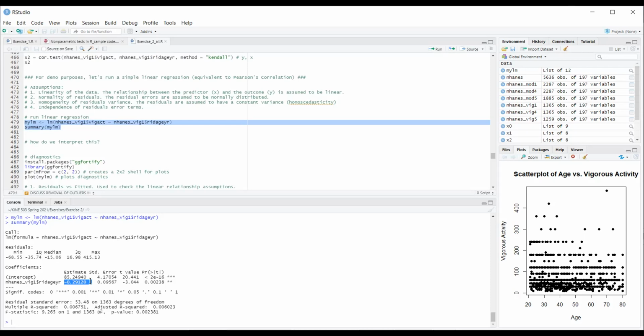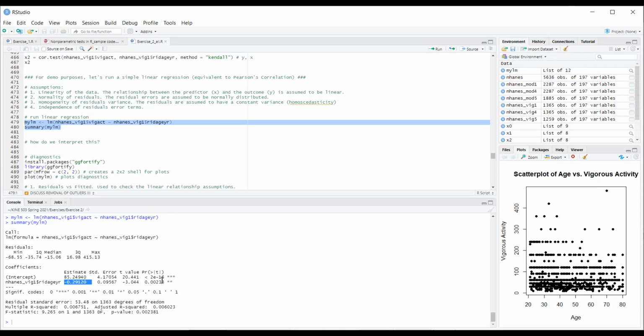Because it's consistent with all of the findings that we found with the 3 different correlation tests that we ran, where the values were all negative, meaning as someone ages, the amount of vigorous activity decreases. The nice thing here is we can quantify it when we run our linear model, where every 1 year increase in age, on average, there's a